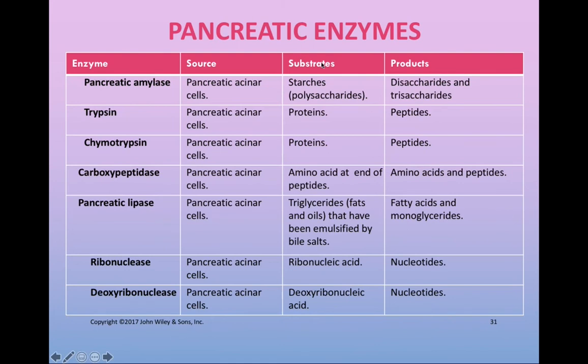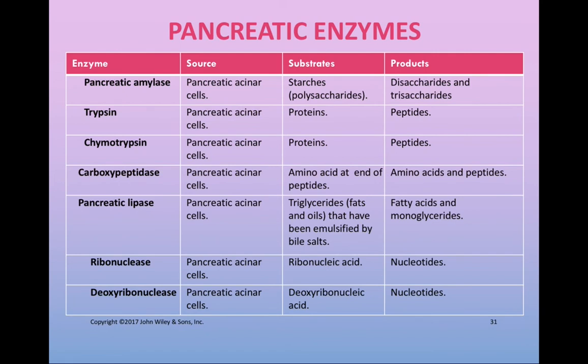We will start here with pancreatic amylase. We know good and well that amylase is the enzyme that breaks down carbohydrates. We had salivary amylase, found in the saliva, that starts carbohydrate catabolism the moment that food is ingested. Pancreatic amylase will do exactly the same thing, however, as its name indicates, it comes from the pancreas instead of the mouth. Pancreatic amylase will work on starches, which are large polysaccharides, to break them down into much smaller